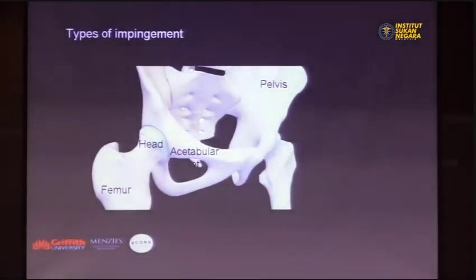Femoral acetabular impingement is, let's say, an intrusion of two structures. And in this case, that intrusion happens in the hip. It happens between the femoral head